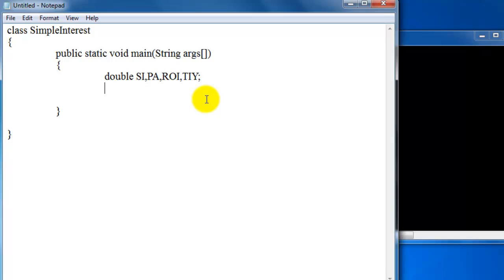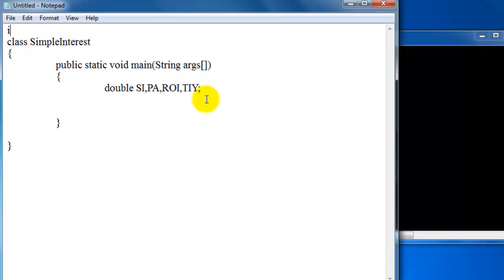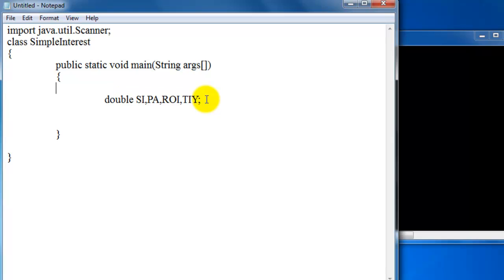For taking the input from the user we need to import the Scanner class, and then create an object of the Scanner class, Scanner sc equals new Scanner(System.in). Now take the principal amount equals sc.nextDouble(), because the type of principal amount is double.